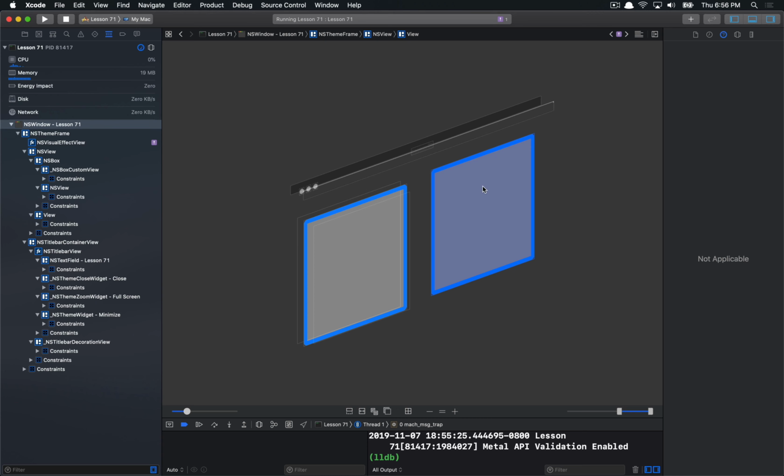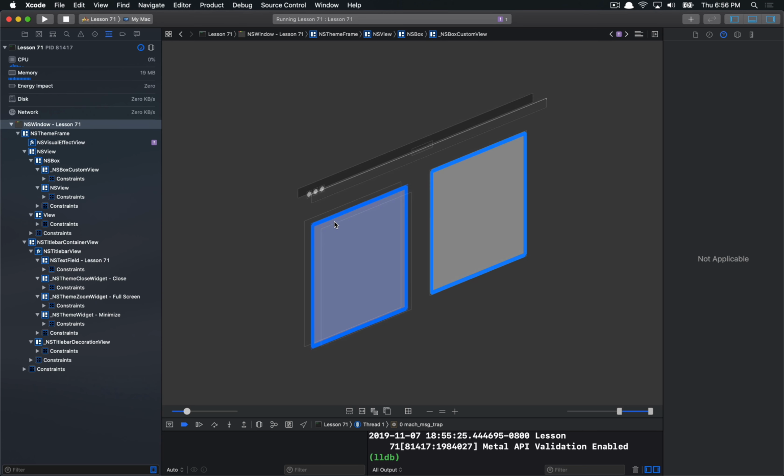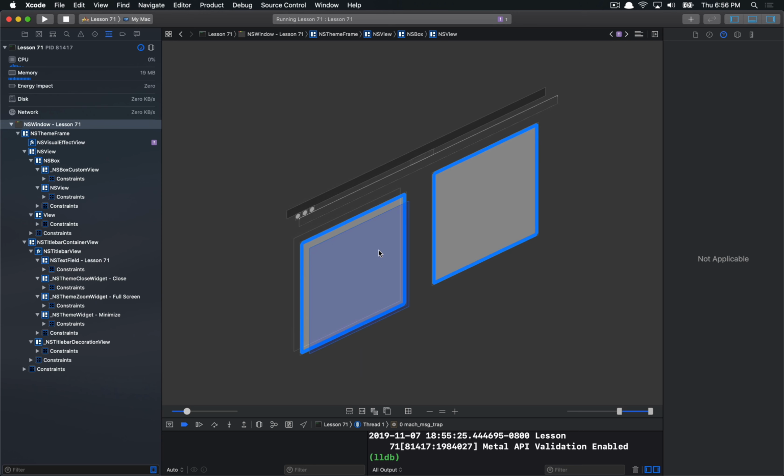It is one view on the hierarchy. NSBox is different in that it has actually three separate layers. So the back layer is the NSBox itself. Then there's this middle layer, which is a private view inside of the NSBox, which is this underscore NSBox custom view. And then the front one is just whatever view is assigned to the custom view property